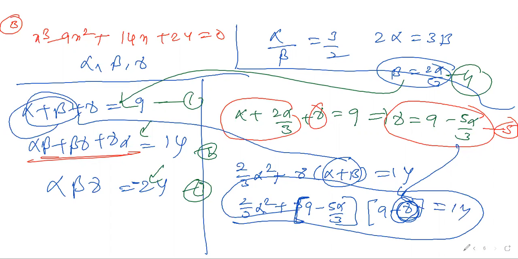Are you going to follow me or not? This is in alpha, no problem. Here it is gamma. Here it is alpha plus beta. So alpha is okay, satisfied. Or if you feel it is tough, do it the simple way. Other than this, you don't write. This gamma you write. Alpha plus beta is equal to what?